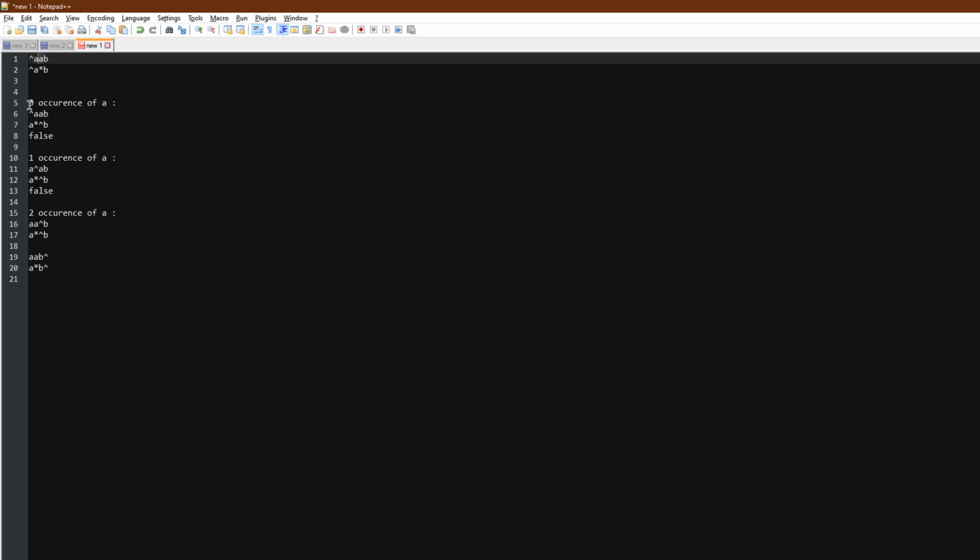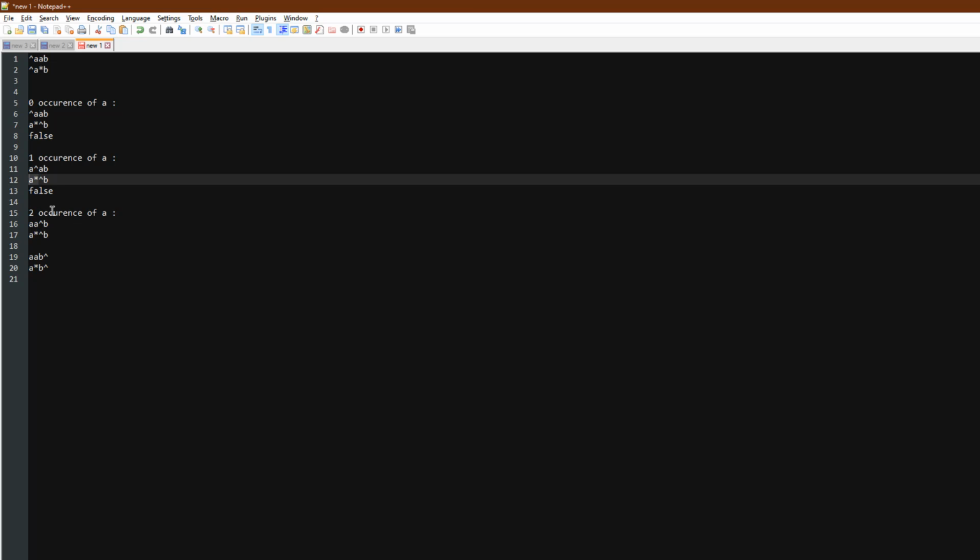Now how will that get triggered? When we have zero occurrence of a, the cursor for s will remain as it is because we didn't consume any a due to this a star. So the cursor will move here, and next for one occurrence of a we will consume 1 from s, and for any number of a's we consume in s, we basically move the cursor by 2 in p because that's what this whole character signifies.